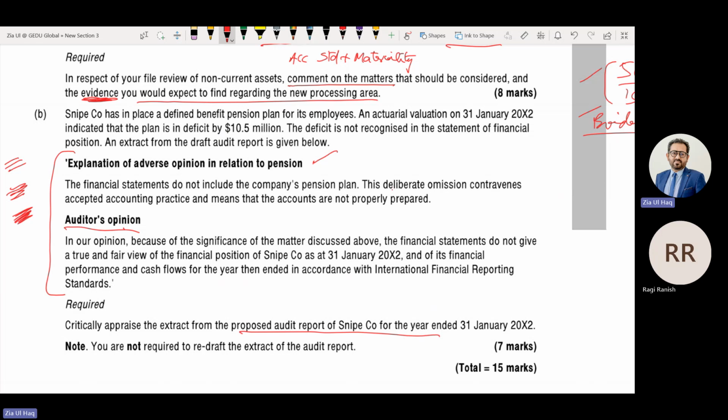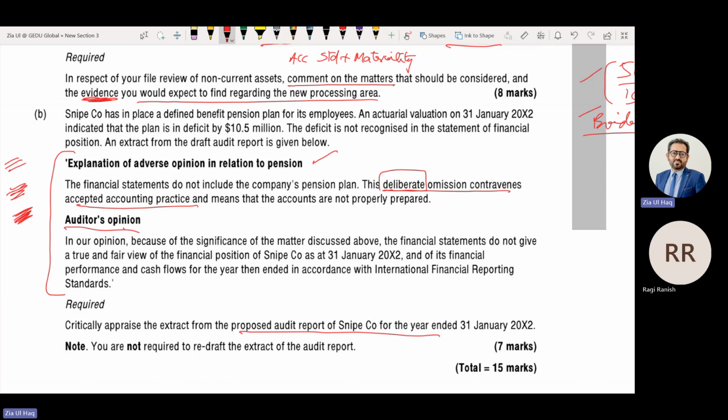'This deliberate omission contravenes accepted accounting practices.' Management deliberately omitting, this is a harsh word. We are targeting the integrity of management. Though there is a misstatement, we should not use such direct, harsh words.